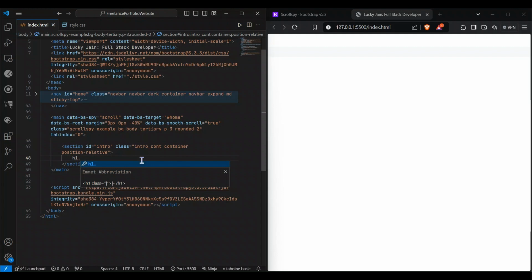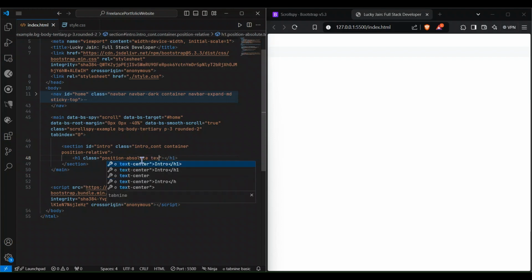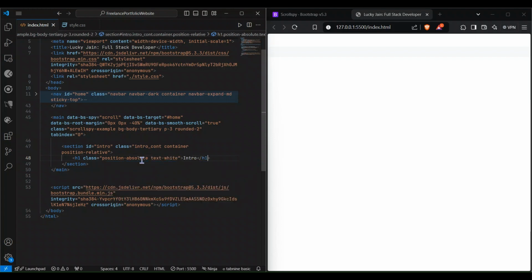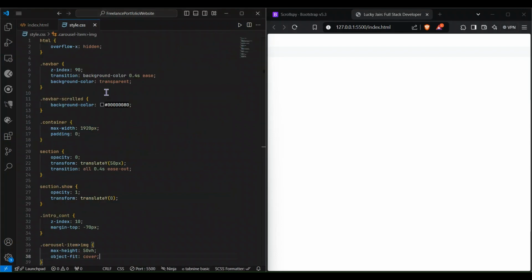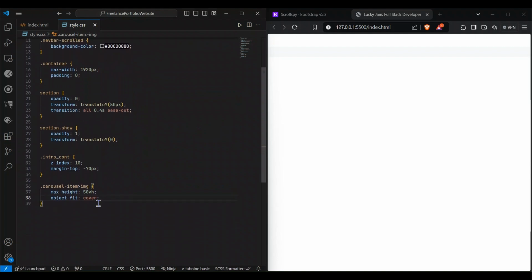h1, not dot class, basically dot position absolute, and text white, like this. Okay, so this will be showing in between of our carousel, and just because of that, what I want to do is that I want to add one more thing. Dot intro cont